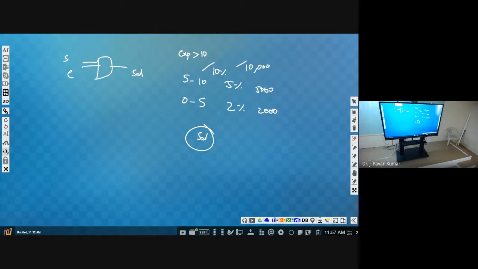First you have to take input. Input is salary. How do we take it? Input of enter salary, that you have to store in the salary variable. Similarly, input of enter experience, that you will be storing in experience.